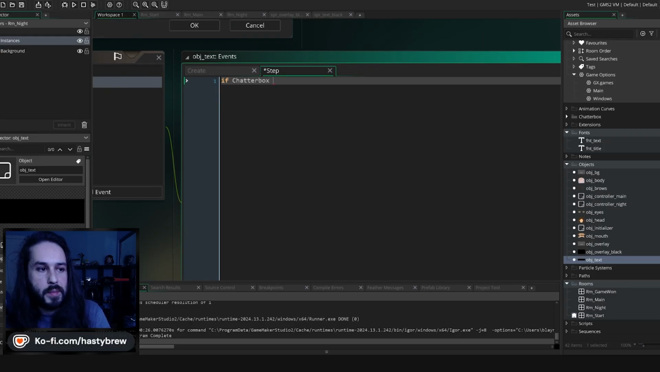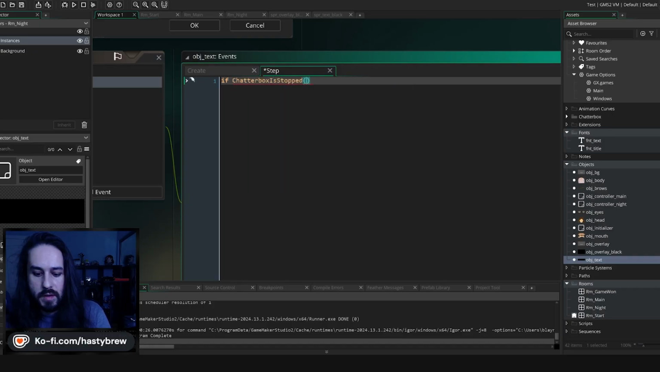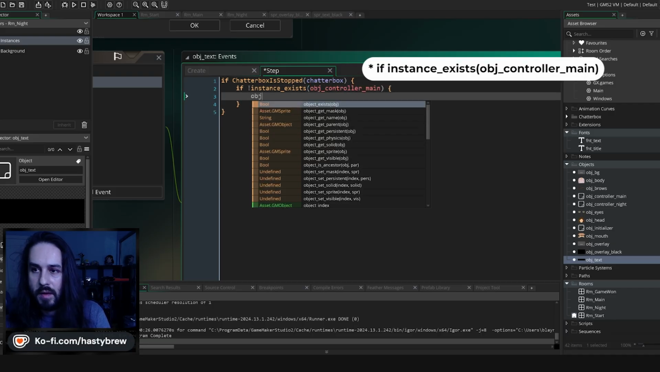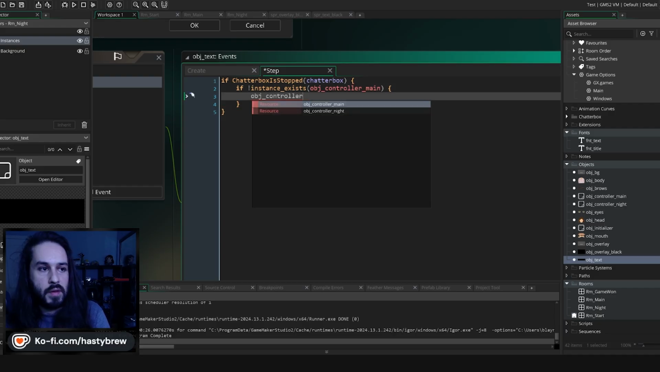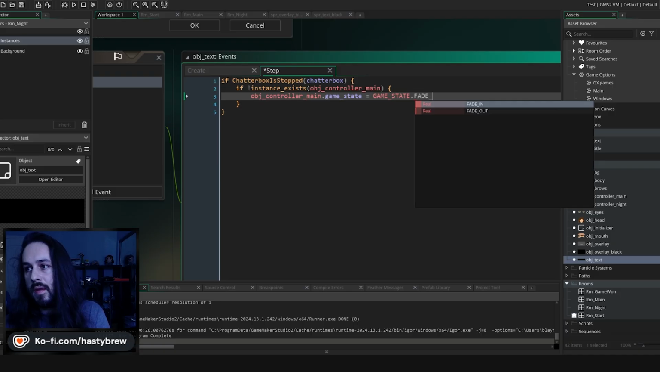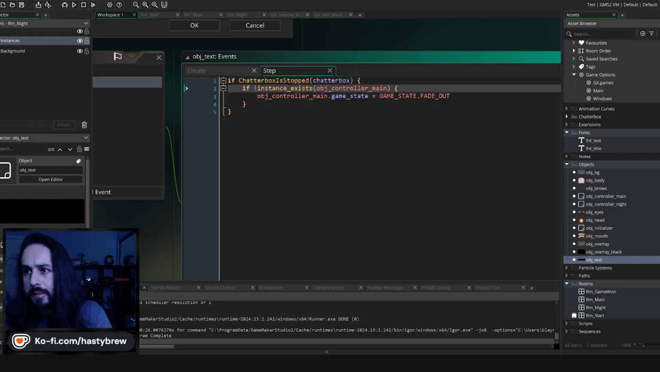So yeah, we just... Chatterbox is stopped. Chatterbox, that same thing we loaded, right? So this is telling us, whenever we put that stop statement action in Chatterscript, I want you to